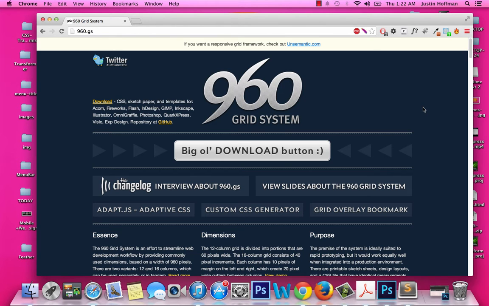Hello friends, today we're going to be discussing something called the 960 grid system. It's a really cool framework for building websites with cascading style sheets. Essentially,